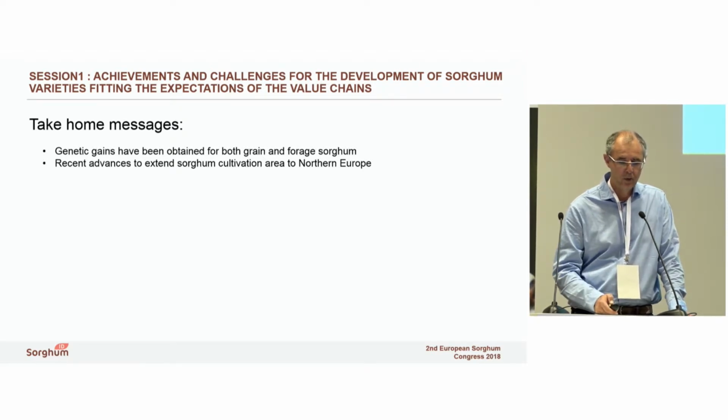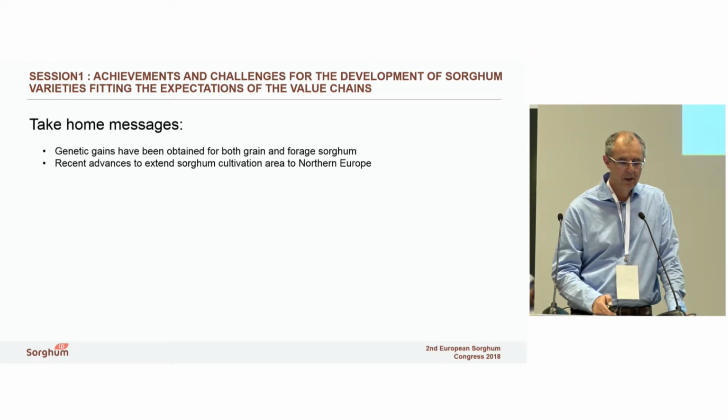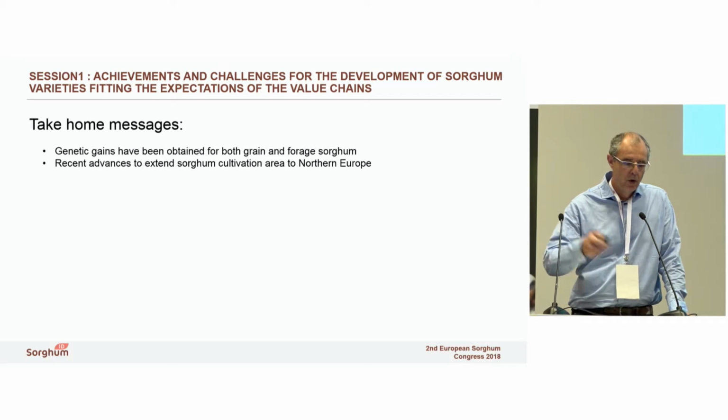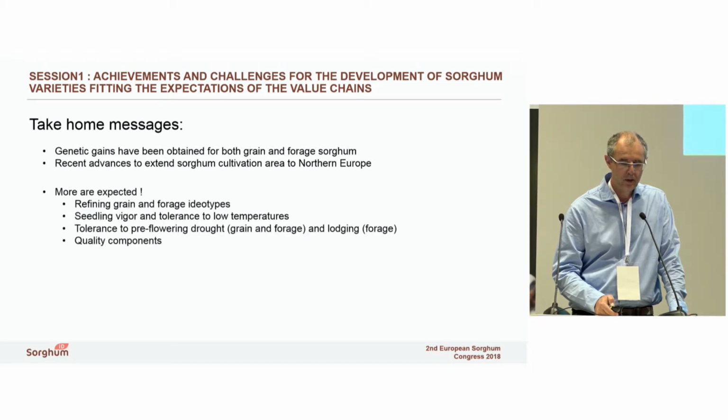We try to provide examples. So in Europe, there has been some great advancements in genetic improvement for fodder and grain sorghum. This has proven itself to be a true success. I mean, we're talking considerable achievements. And now sorghum cultivation can rely on better